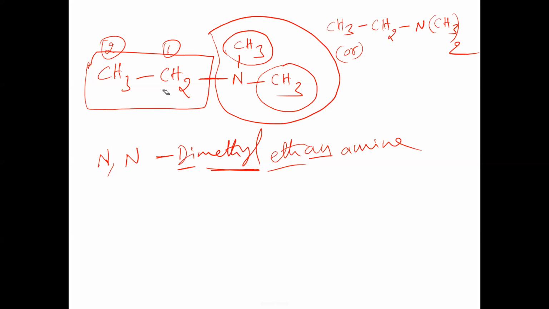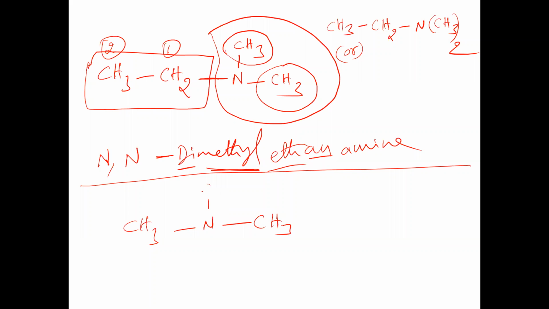So it indicates two carbons in the parent chain with a single bond between them, and NH2 is there here, substituted NH2 is there. Whatever it is, substituted NH2 or NH2, if NH2 is present or substituted NH2 is present, we have to take amine. So it is N comma N dimethyl ethanamine. So this name we have to understand. Is the concept clear to all? Now tell me this name: CH3, N, CH3, CH3. What could be the name of this?